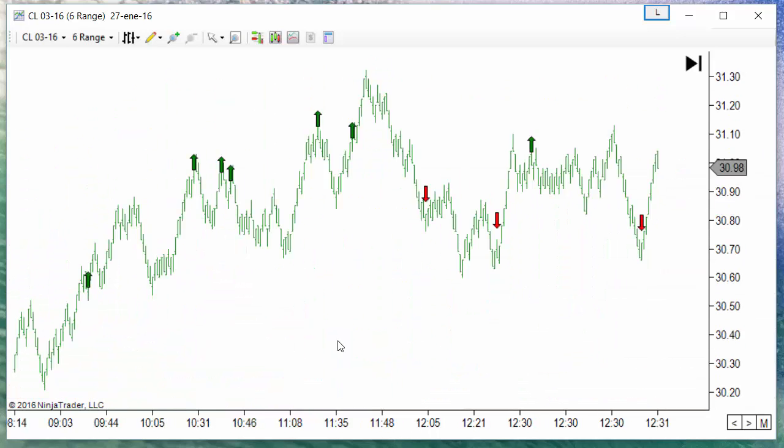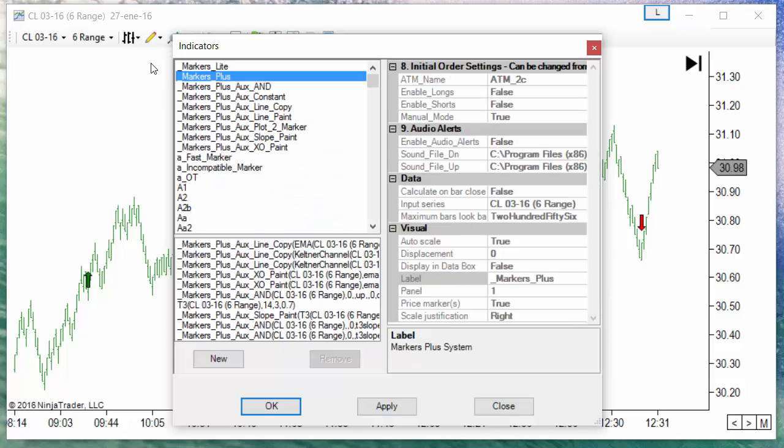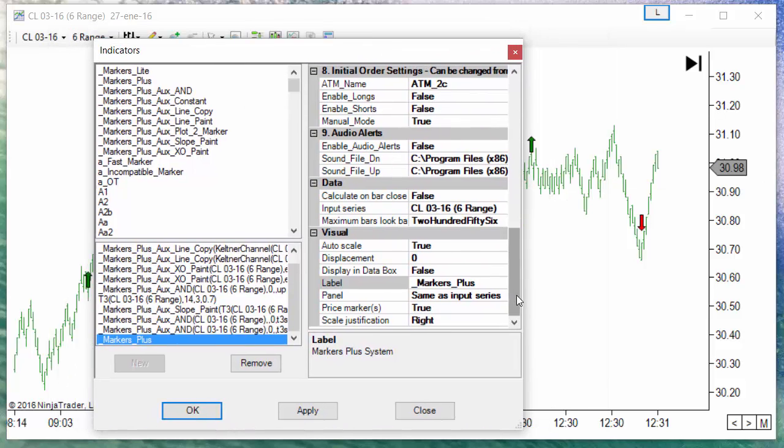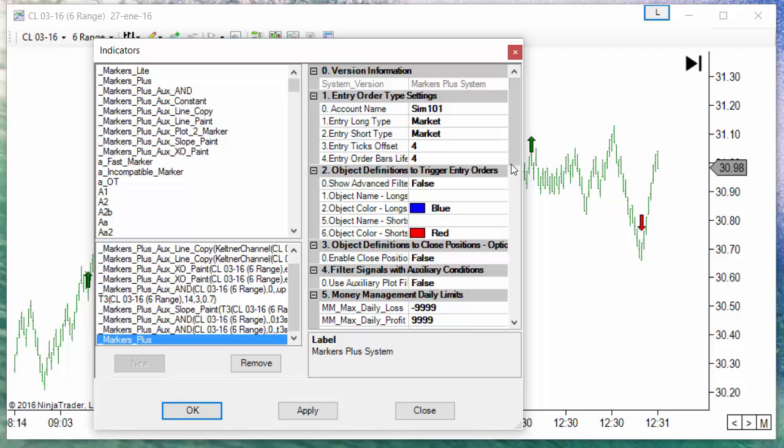And it is ready for markers. Now I only need to add the markers. Add just 2 green arrows and red arrows,